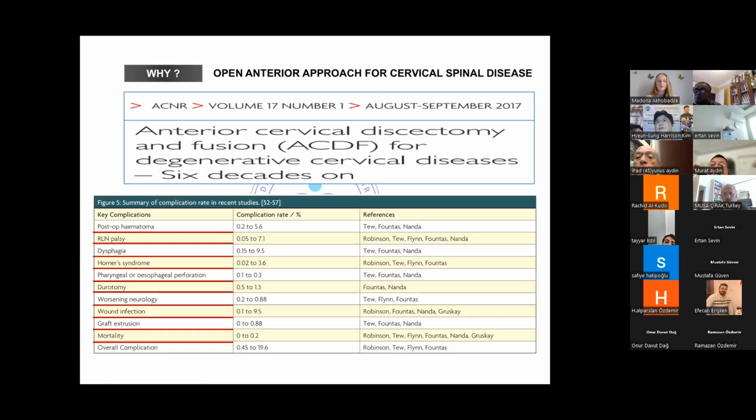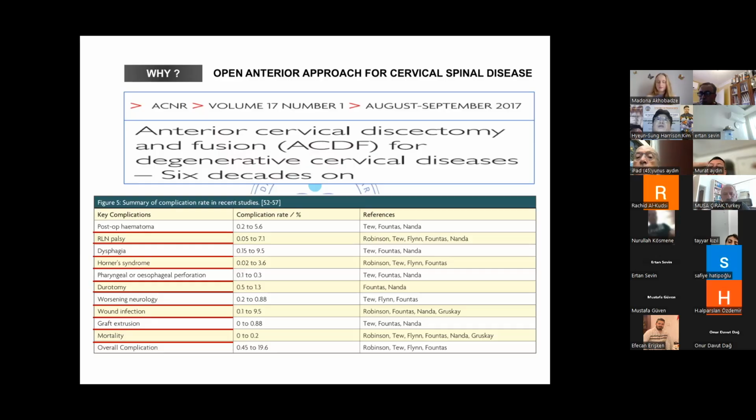Cervical pathology patients have also increased greatly. Previously we mainly did the anterior approach, because the open cervical posterior approach has very big obstacles and disadvantages, such as a large skin incision with paraspinal muscle damage,